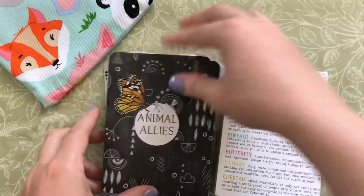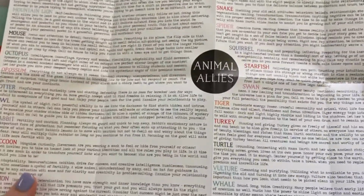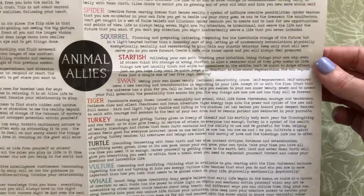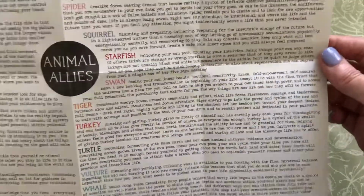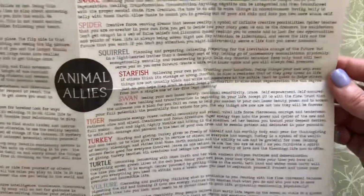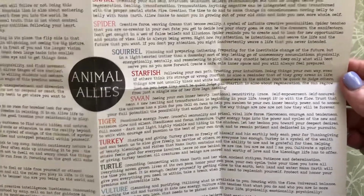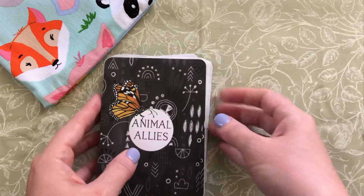You then have this little fold out sheet. Now this doesn't come with a booklet, but you have this full sheet that on two sides covers each of the animals and gives great little meanings for each one of them. And I have to say that this is always on point. It is pretty much everything you need, and this deck is not at all affected by the lack of a book. In fact, this sheet is gold. It is so good, and this is just an amazing deck. Like, I'm just going to keep saying that because I can't not say it. All right, so